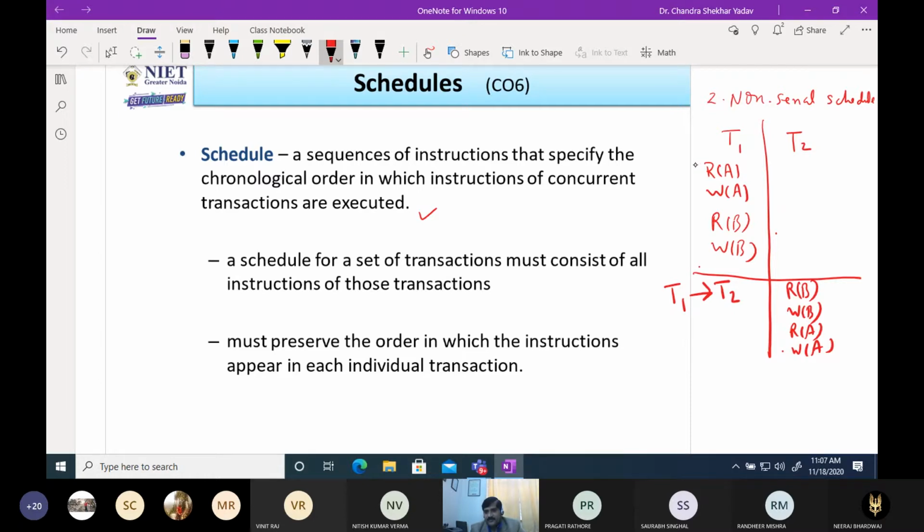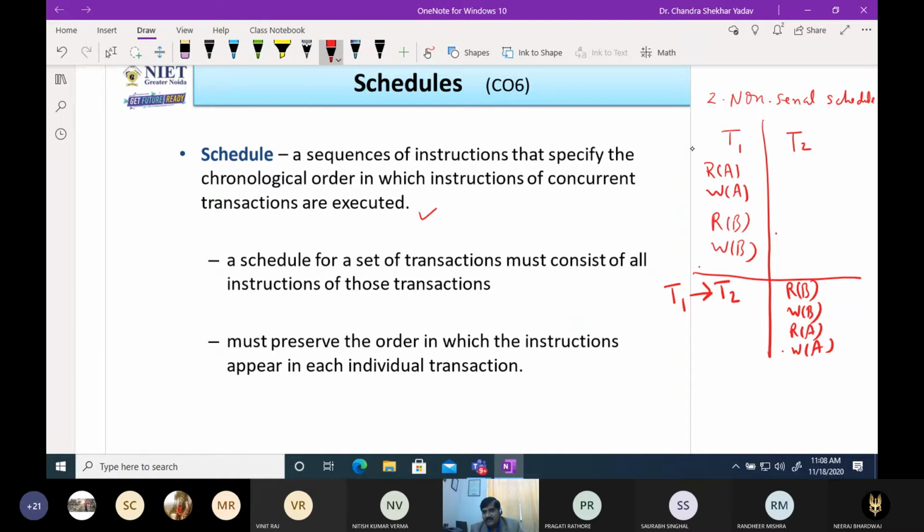Chronological means related to time. So here we go from upward to downwards. First these read instructions will be executed, then write instructions, then read instructions, then write.